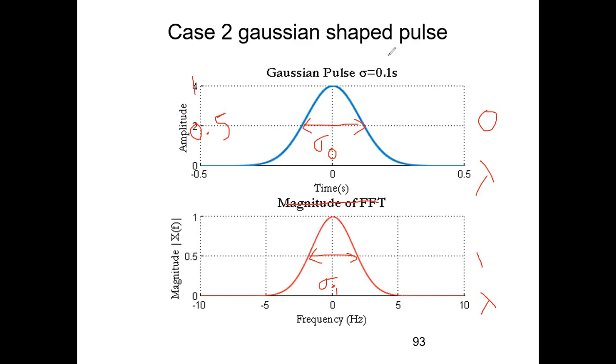Case 2 of a Gaussian shaped pulse. This is my input signal. It goes through a fiber. You can also draw it adjacent, not necessarily one below the other. This is sigma I. This is sigma O. So what is sigma I? Sigma I is called as the